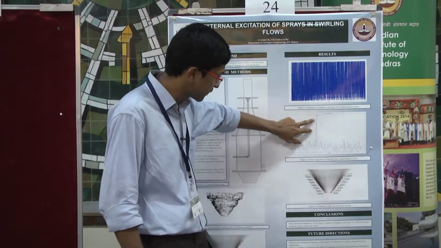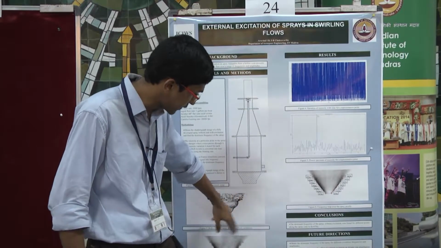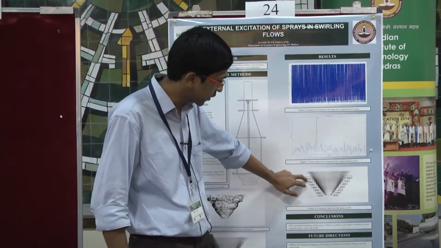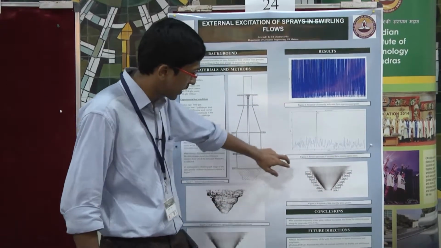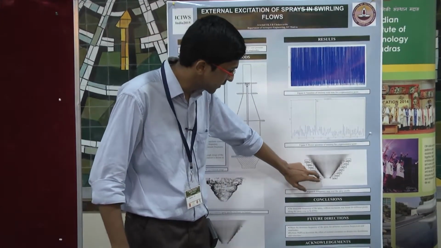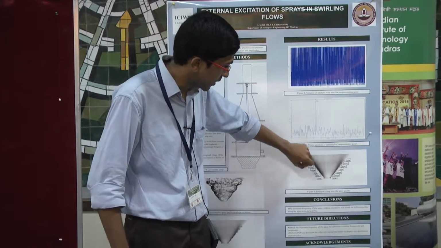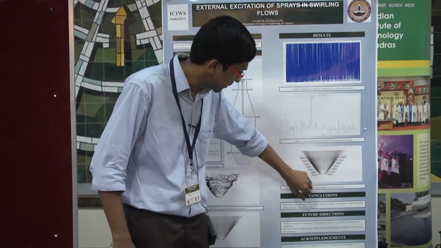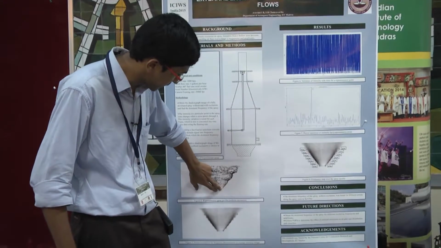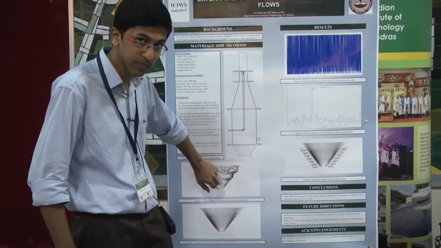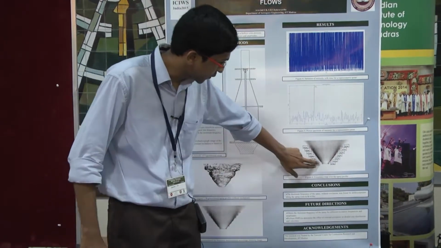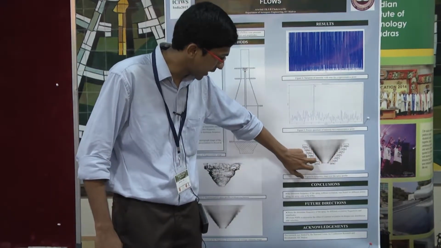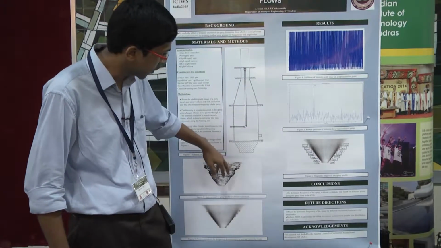From that I got the dominant frequency of this wave as 67 Hertz. This was performed for different points along the spray cone, and in all those cases I got the exact dominant frequency of 67 Hertz. Although it was observed that the amplitude of this frequency peak kept coming down, you can see that from the wave. Here the wave is not formed that much, and so that is the amplitude.